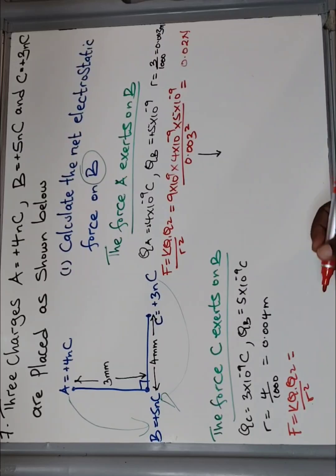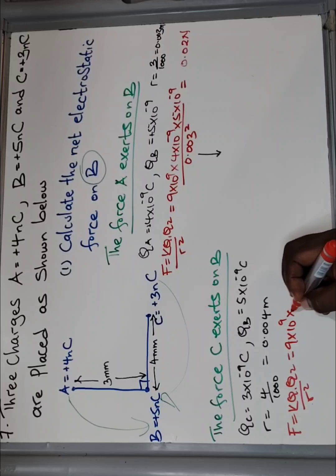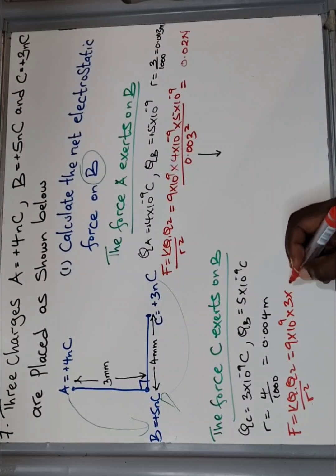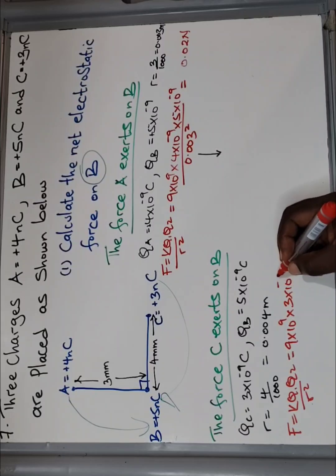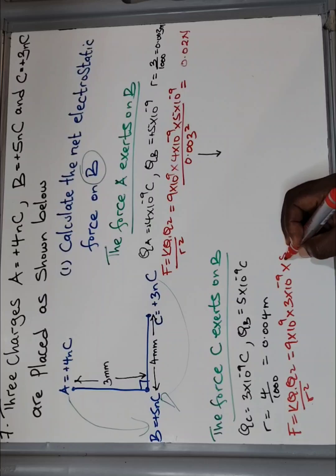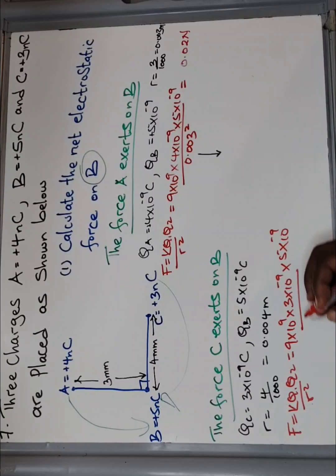So when you substitute, what do you have? 9 times 10 power 9. Okay, then Q1, 3 times 10 power minus 9, and 5 times 10 power minus 9, divided by the intermediate distance, which is 0.004 squared. Okay, and our answer is going to be